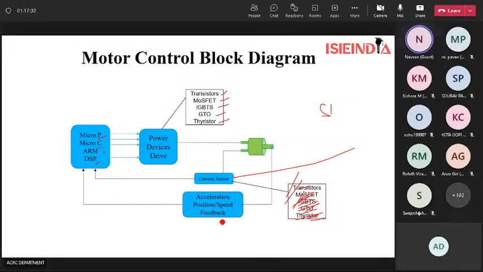Now there are the sensors which sense the acceleration, position and speed of the motor. So they are tacho generators, magnetic pickup, optical disc, rotatory encoders. So these sense the variation in the motor speed, acceleration and